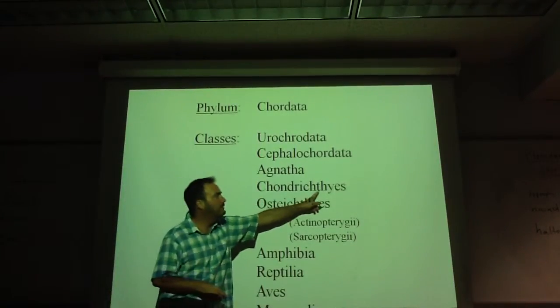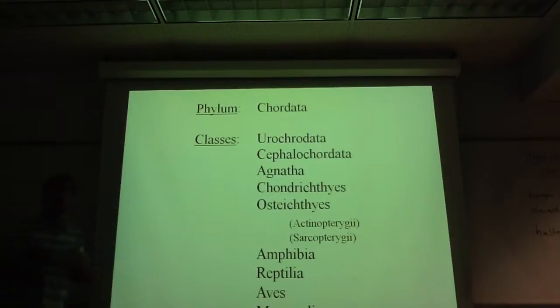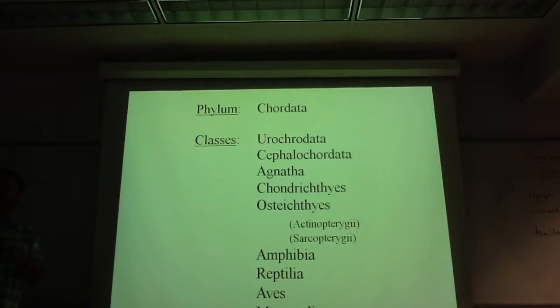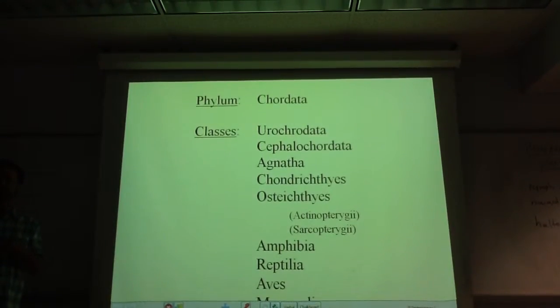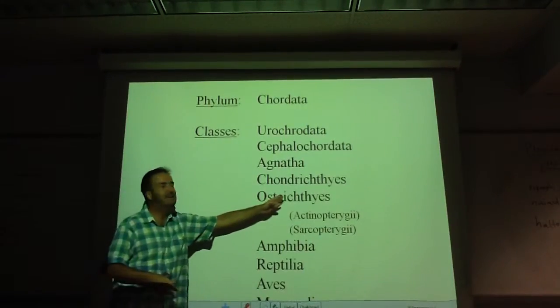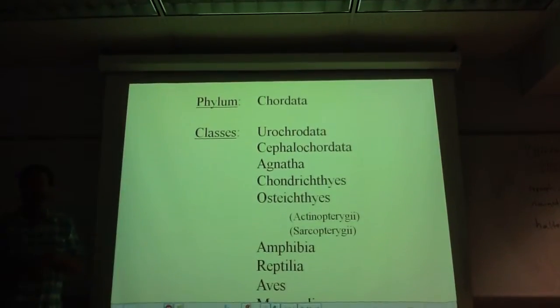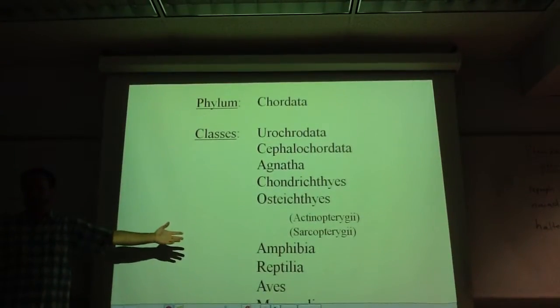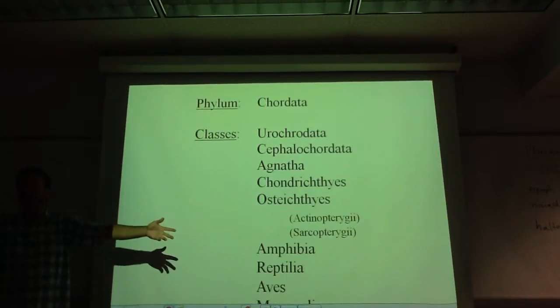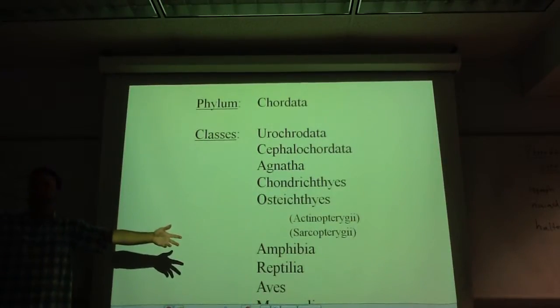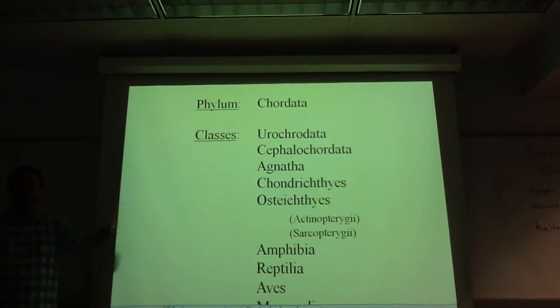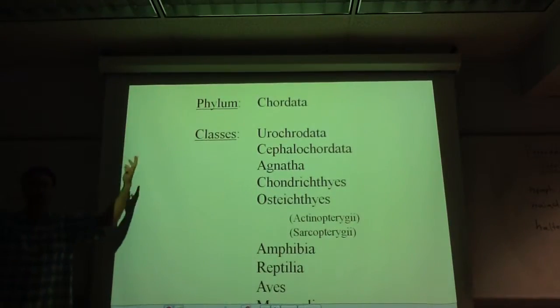Chondrichthyans, ichthy means fish. So chondrichthyes, these are the cartilaginous fish. Who would those be? Sharks, stingrays, skates, right? The osteichthyes, who are those? The bony fish, right? That's going to be basically every fish you could possibly name. If I said name 100 fish, don't say shark, skate, ray, hagfish, or lamprey. You're going to name 100 bony fish. Every fish you could name. Perch, salmon, trout, goldfish, whatever you say, it's going to be a bony fish, right?